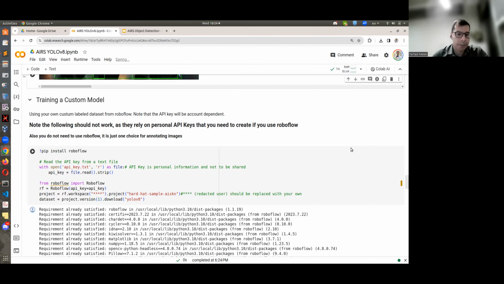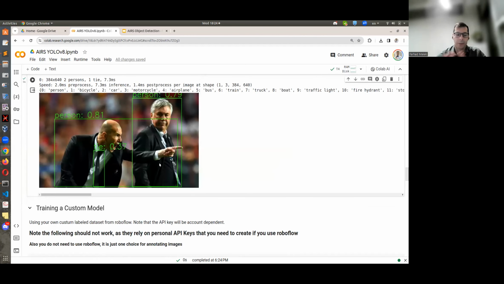So for model training, the first step is to create your data. You need to label data. This means that you have a bunch of images containing objects of interest, and you create bounding boxes around them. Those bounding boxes should be manually done, at least partially. I'll tell you later about how to accelerate this process. This is a manual process, and there are different tools and software to do that.